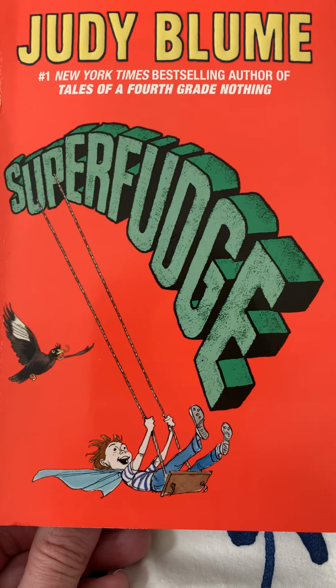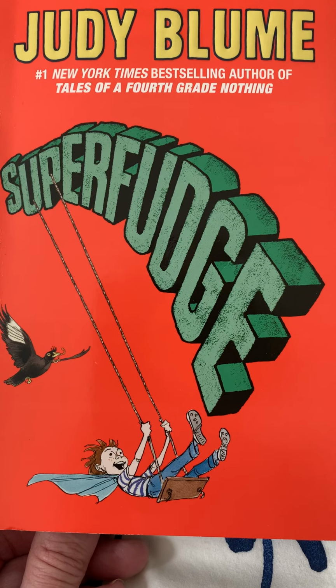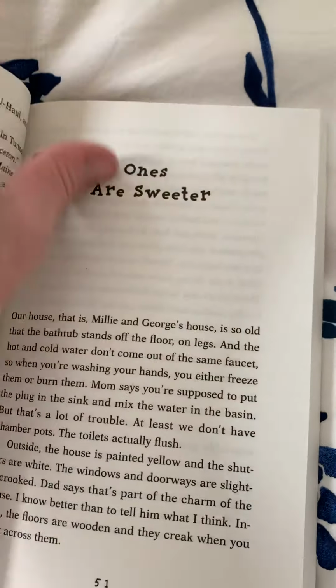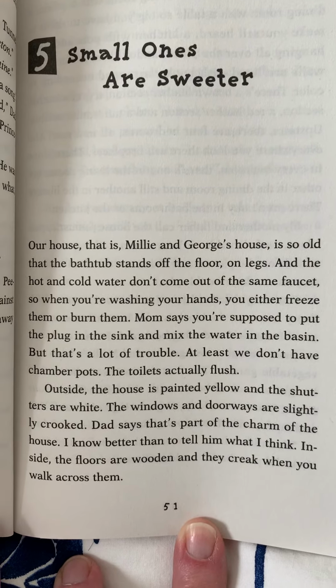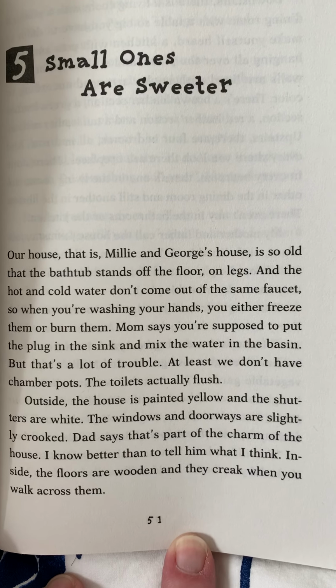It is time to continue with the tale of Fudge and Peter and their adventures in Princeton. Superfudge. We are on chapter 5, called Small Ones. Our house, that is, Millie and George's house, is so old that the bathtub stands off